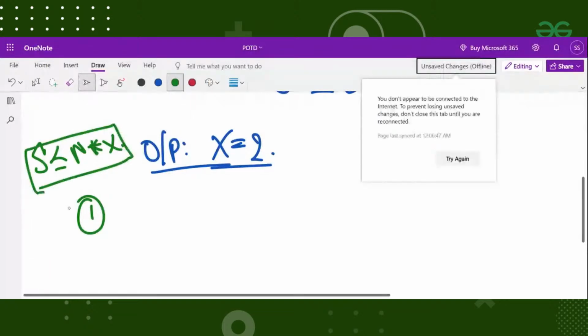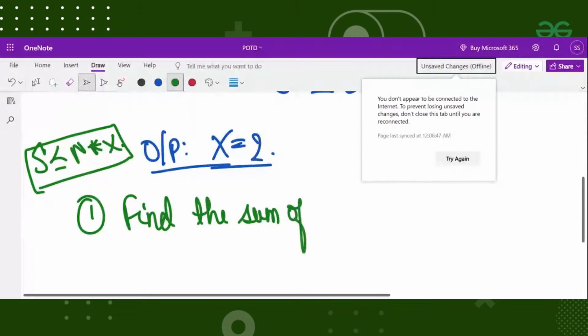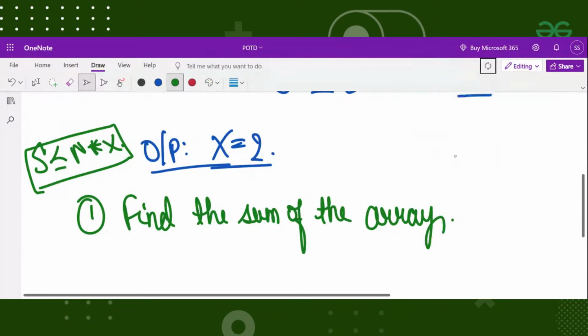Now, the first thing that we are required to do is find the sum of the array. So this is the first step that we are required to do, that is, to find the sum of the array.